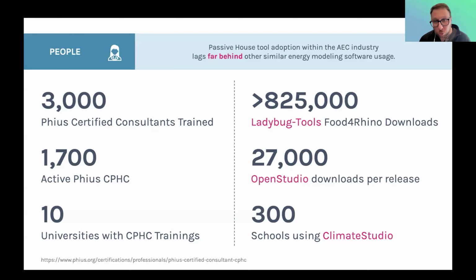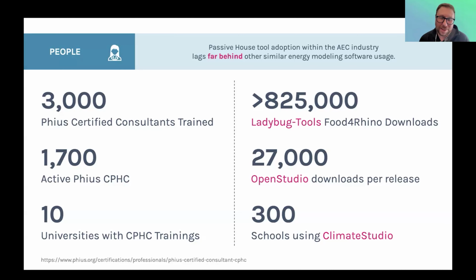Other energy modeling tools, like the Ladybug tools that we'll talk about in some depth, have over 800,000 downloads. So at the same time that we have 1,700 active CPHCs, and we should be proud of that, we have 800,000 downloads of other types of energy modeling tools. OpenStudio, another popular energy modeling tool supported by the Department of Energy, sees 27,000 downloads every release. And another type of energy modeling software, ClimateStudio, is used by over 300 different schools and